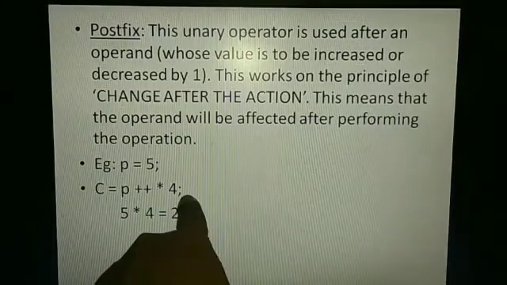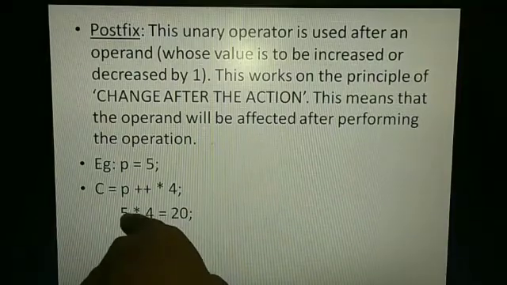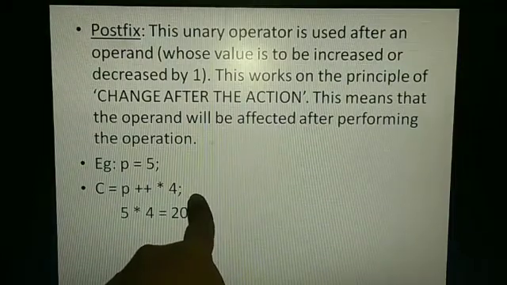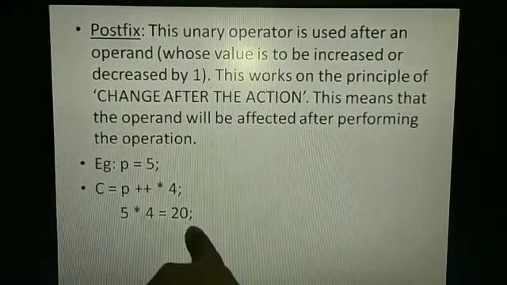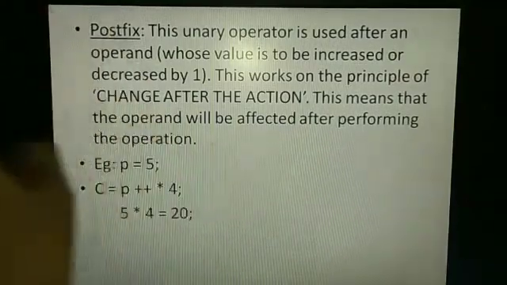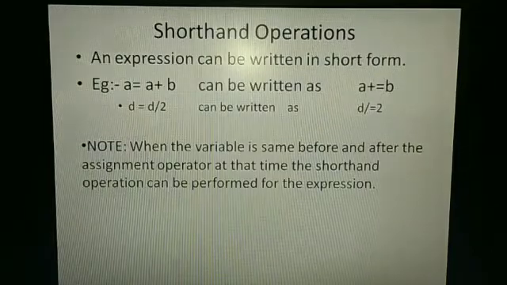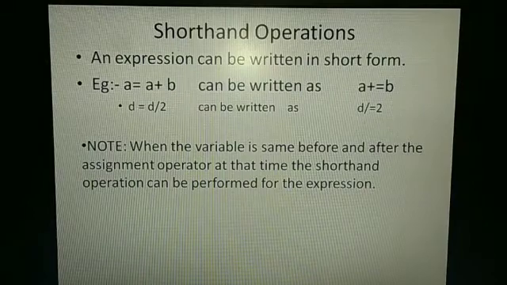If it could be plus plus p again or minus minus p again, then the one increment would be given to the next expression. As it is ending over here, the resultant value is given over here and stopped. Cleared? Yes. So after this, I will continue with my topic, that is shorthand operation. From here I have to explain in this video for you.